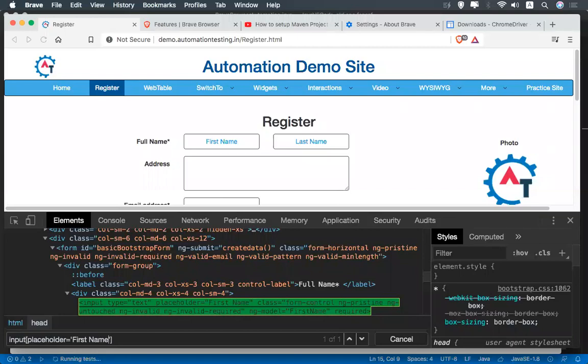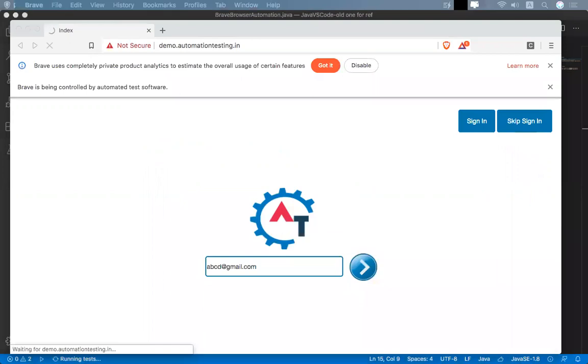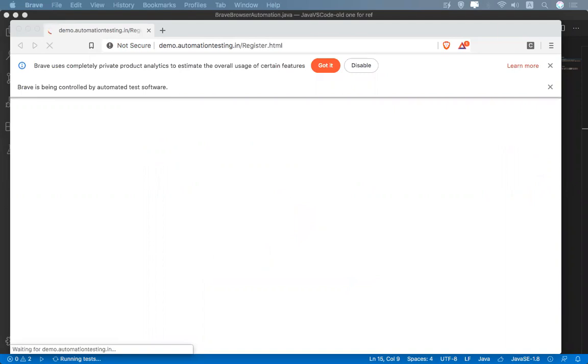I think it opened. Yeah, it opened in the background, you see. So it is loading. And you can find here at the top, it is a Brave browser, where my cursor is. So it has given the input and clicked on that button.